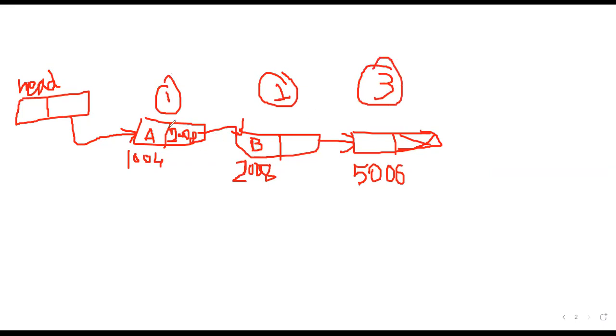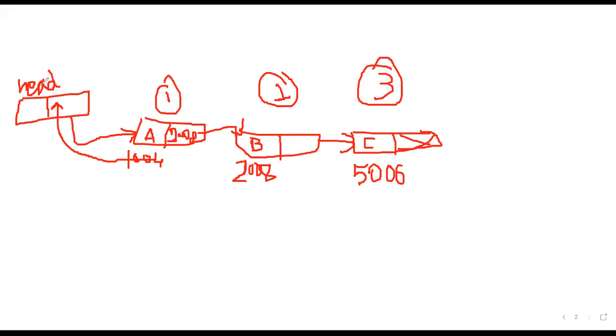So in node 1, A section data is stored. In node 2, B section data is stored, and in node 3, C section data is stored here. Okay. Now see, this 1004 location is stored in this head. First of all, the memory is allocated to the head node, that is the start node, which we can call temp in the program.